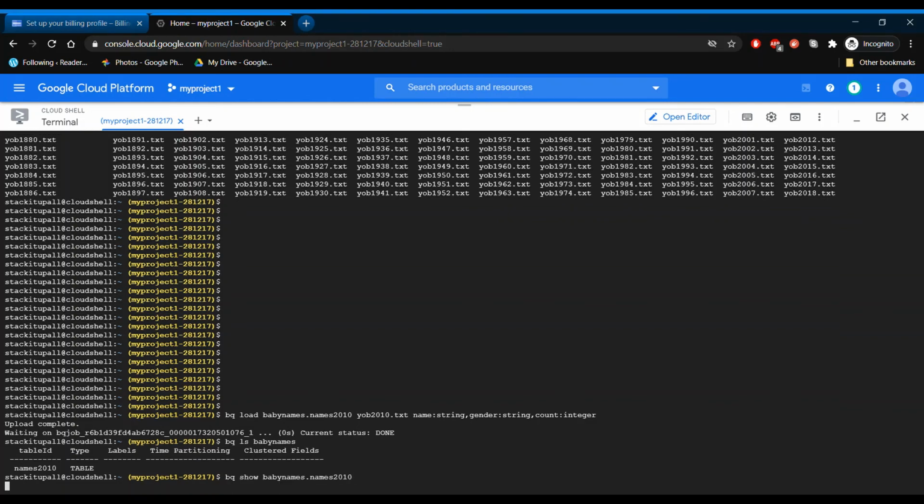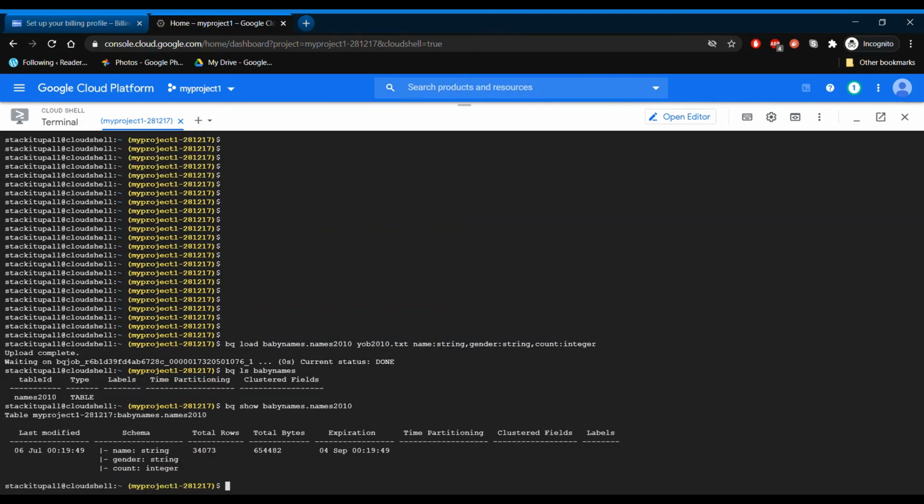So it should give us the details regarding this table, just like we did for the previous table from the public dataset, the Shakespeare table. Yeah, so this is the date that we have created this table on, the schema, total rows, the size of the table, and when this table expires. So we have around 2 months since this table will expire. We can disable the expiry date as well. So by default, it expires after 2 months.